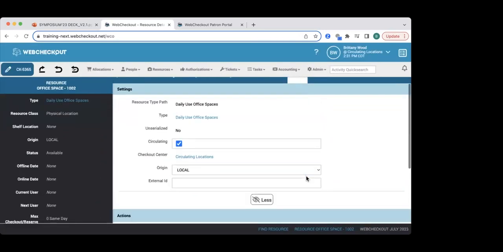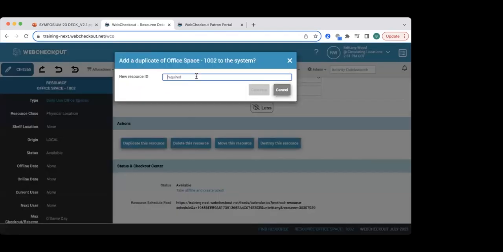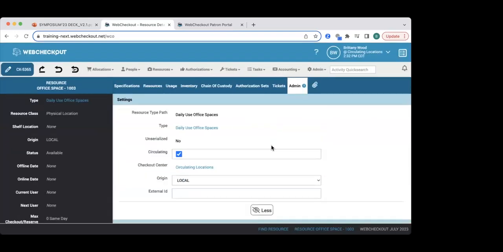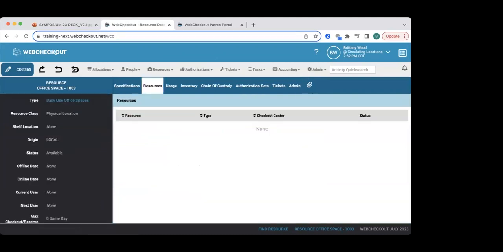All right, and we'll add 1 more, again by duplicating our work. All right, and we just added 3 location resources to the daily use office space resource type. All right, so now that we've added our resources, let's review how we can include items within each of these